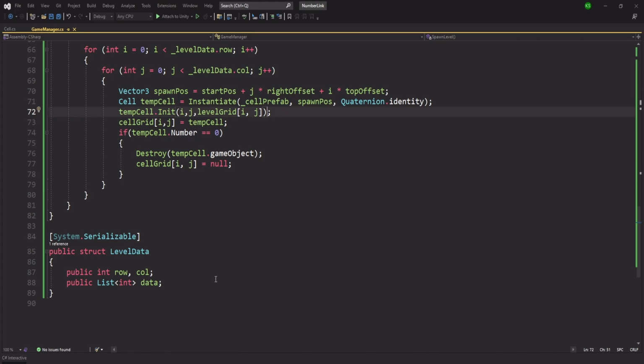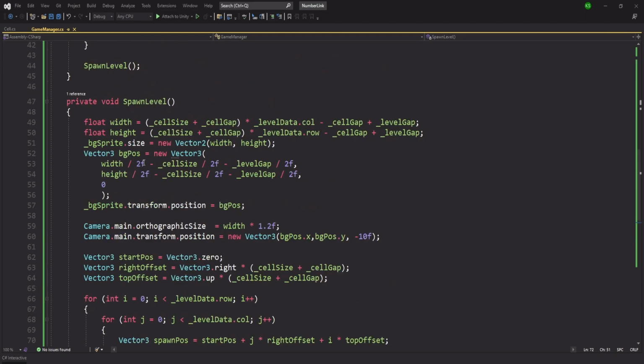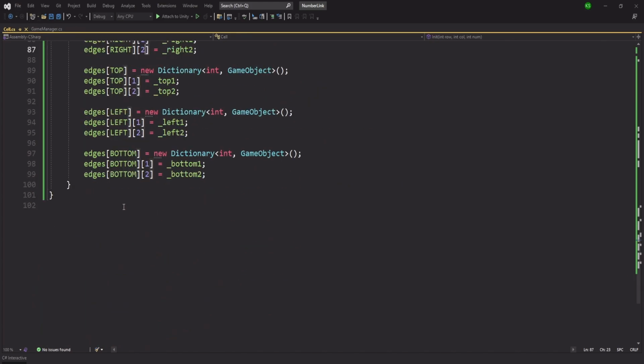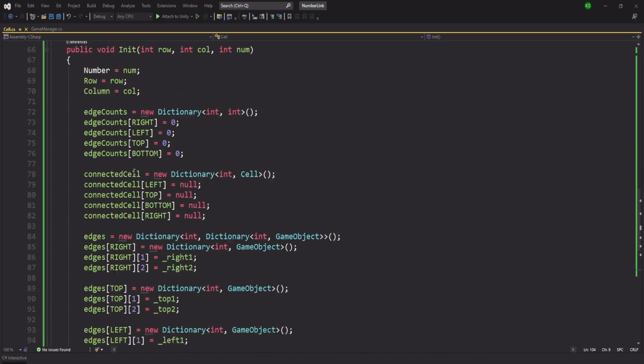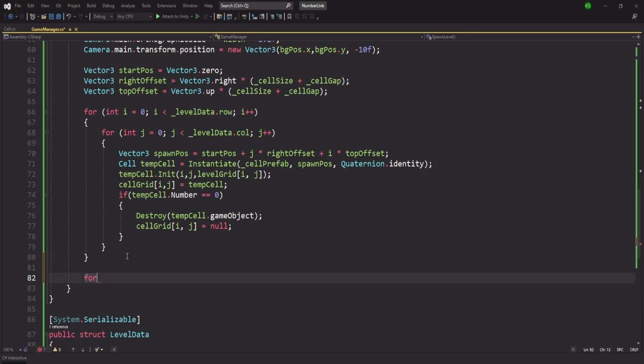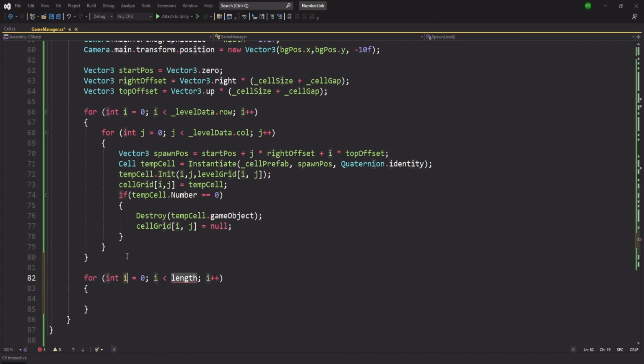So to connect the edges, we will need another function for our cell. It is again going to be called init, but here we are going to initialize our connected cell. So we'll need to run through the loop again. Previously the cell grid was not assigned, so that's why we cannot connect it, but now it is going to be assigned. So level data dot row and one more loop, level data dot column,